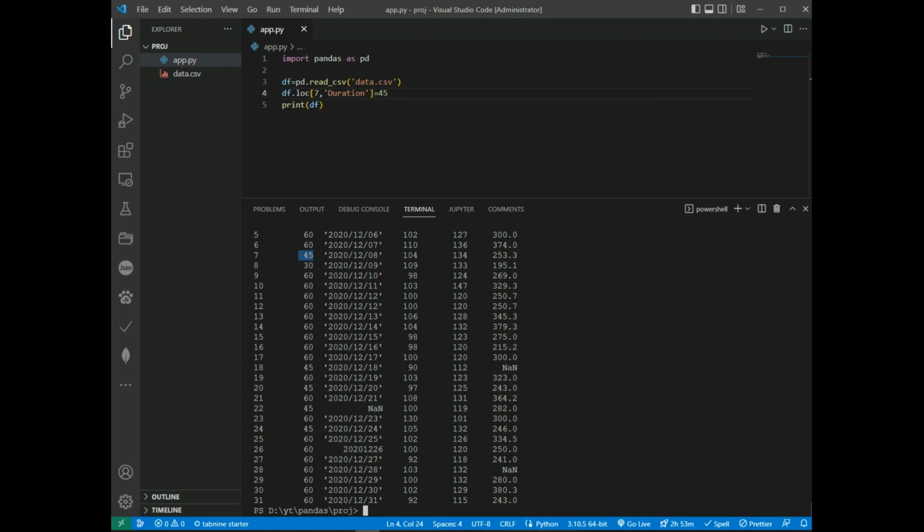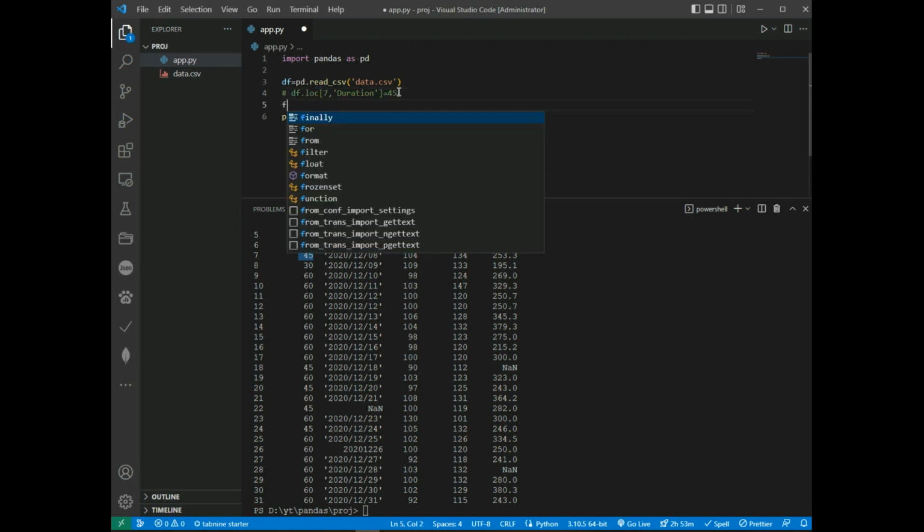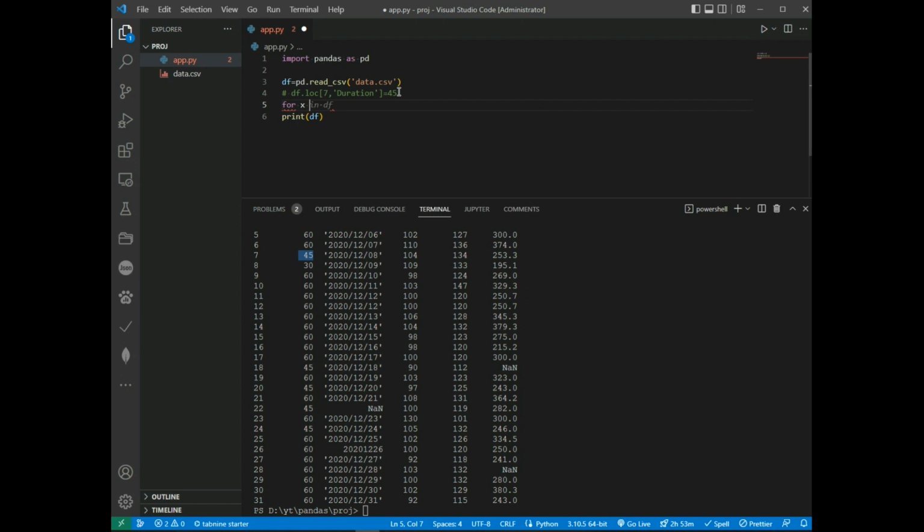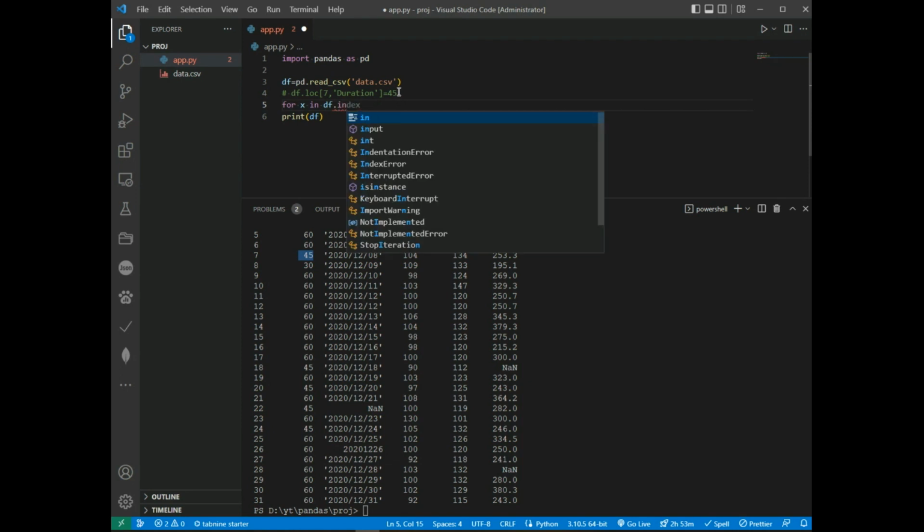So loop through all values in the duration column, and if the value is higher than 120, set it to 120. So comment, and for x in df.index: